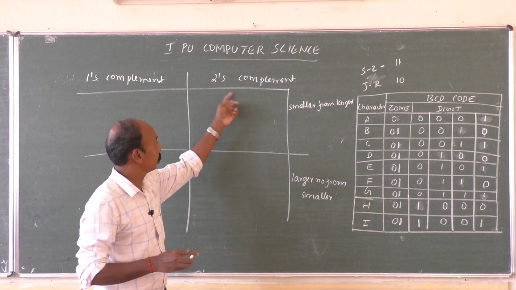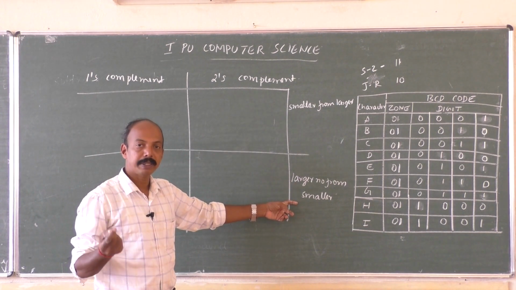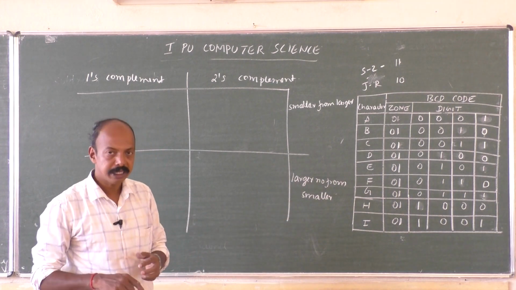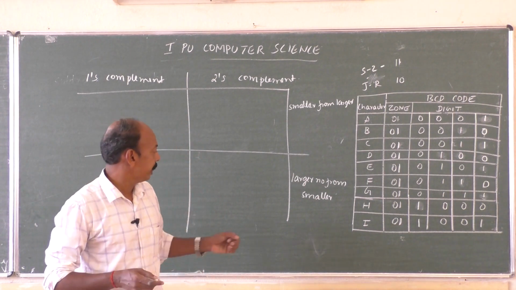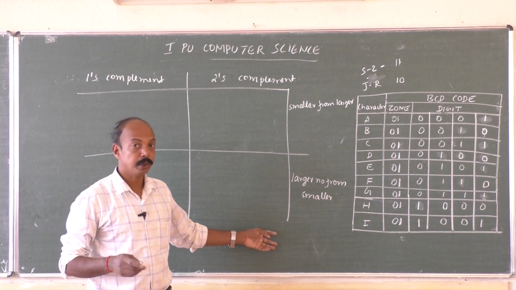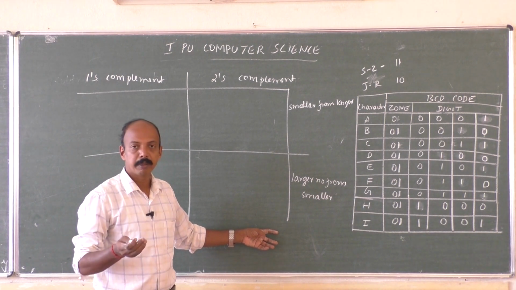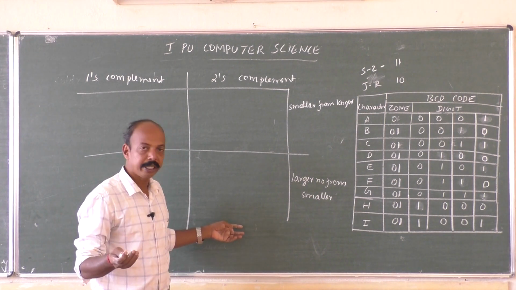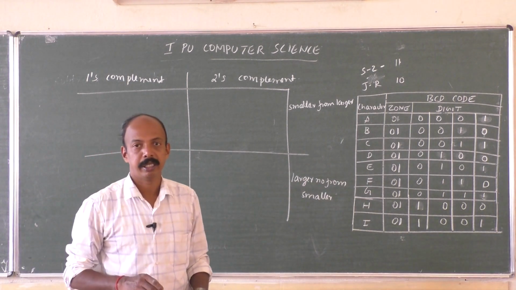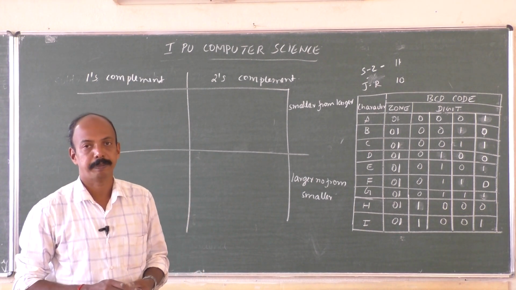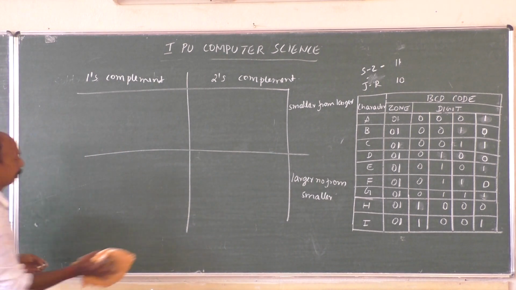In case of 2's complement, when we are subtracting a larger number from the smaller number, after taking 2's complement of the subtrahend and adding it to the minuend, the answer also doesn't have any end around carry. So we have to take 2's complement of the answer, that means take 1's complement of the answer and add 1 to LSB, and we will get 2's complement of the answer. Here also we need to place a negative sign, because in both cases we are subtracting a larger number from the smaller number. Okay, that's about subtraction using 1's complement and 2's complement.